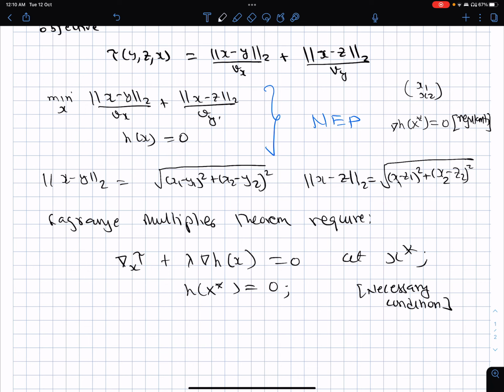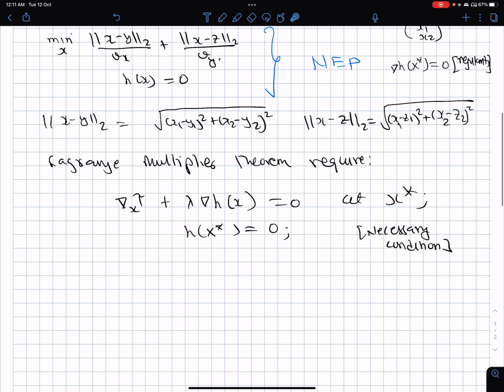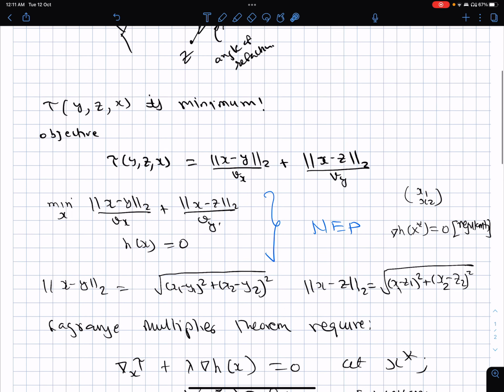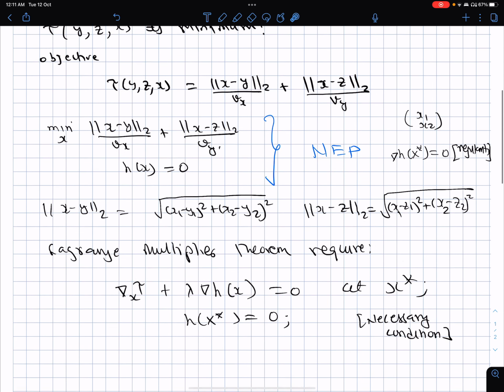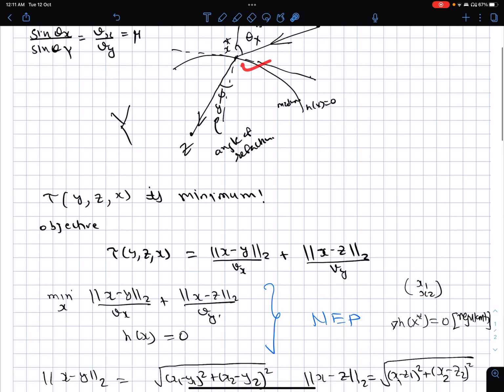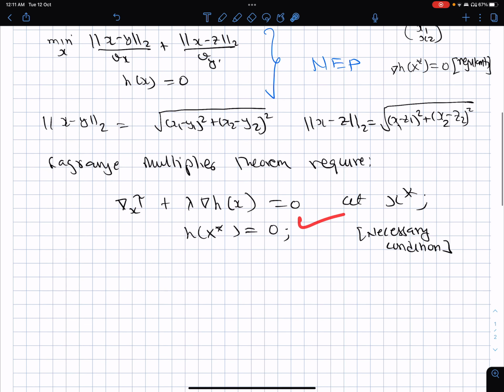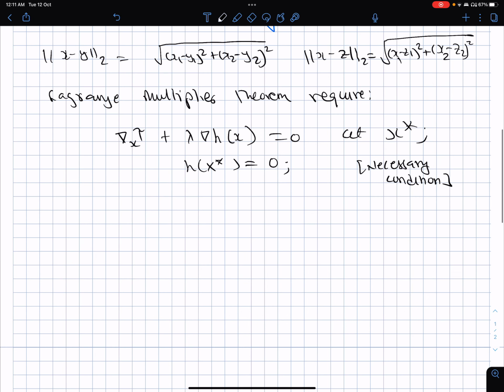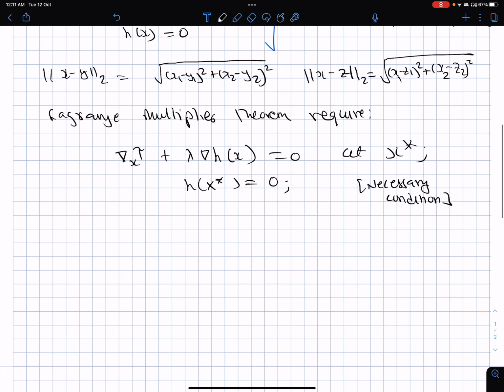However, sufficiency is also straightforward because the objective function is a coercive function. So you can argue from there that the minimum exists, and then if you find only one point x star which meets the necessary condition, then the coercivity tells that there is a minimum, and this tells you that there is only one point, then it has to be the global minimum. So therefore, right now I am not going to need the sufficiency condition for this. Okay. So then what is my first task?